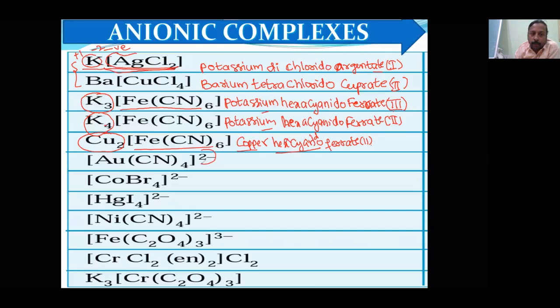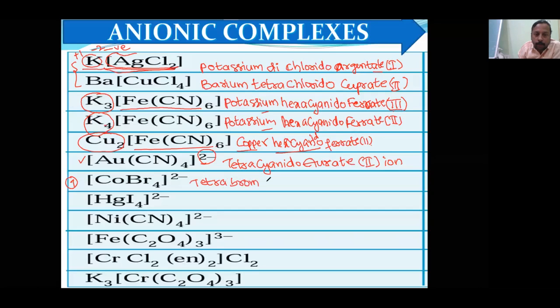Now here this ion is there. You have to mention the ion at the end. Here there is no metal, so you need not mention it. Then start with the ligands. Tetracyanido. Then aurate. Oxidation number will be 2. Now this suffix will be ion. Is it clear how to write the ions now? Now you can try the next question. Suppose next one here. There is no ion outside, therefore you will start with the ligand. Now it will be tetra.